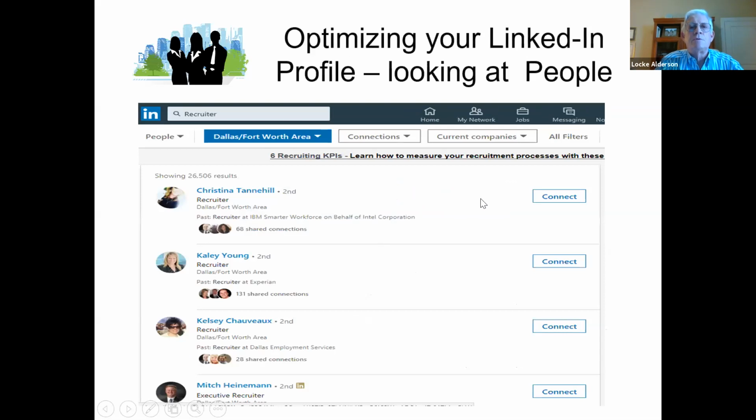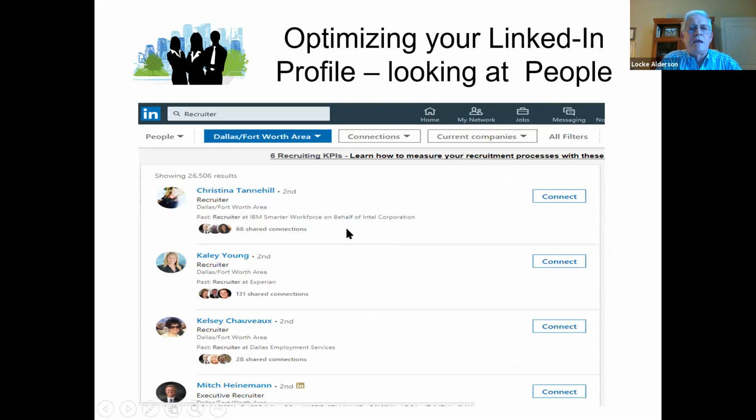The next one is, why would you want to take a look at people in LinkedIn? Well, one of the things that you do when you go to the people search is to look for your profile. For me, if I did a search for recruiter, I used to come up on the first couple of pages. There are 10 thumbnail sketches on each page, and recruiters usually look at anywhere from 5 to 10 different pages. So they're looking at anywhere from 50 to 100